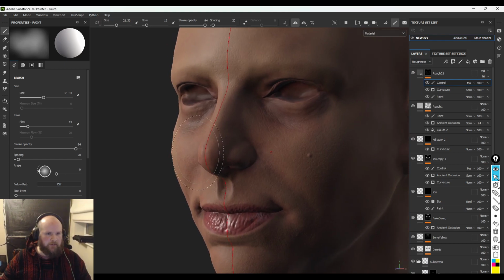So I'm going to save this. There you go. So I'm going to end the texturing process here, because this obviously can go on for a very, very long time, and this can get very, very technical. One thing that a lot of